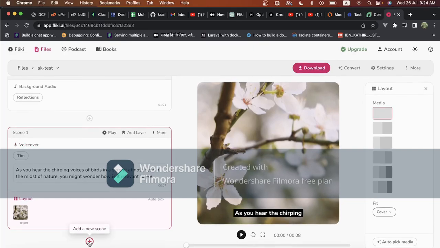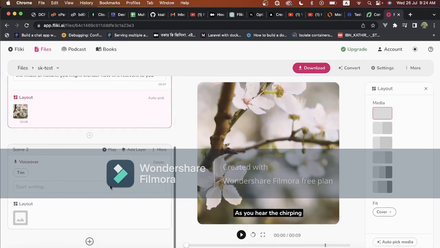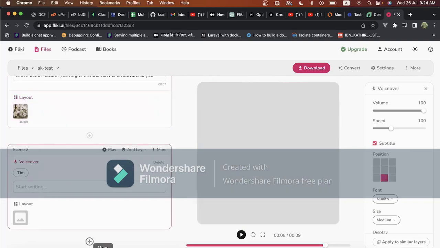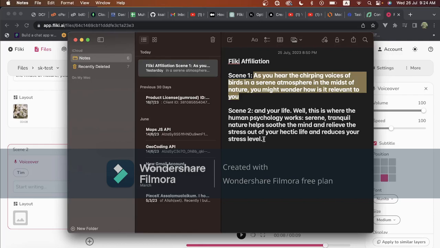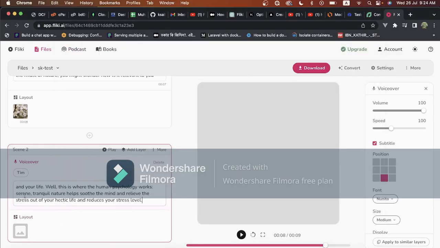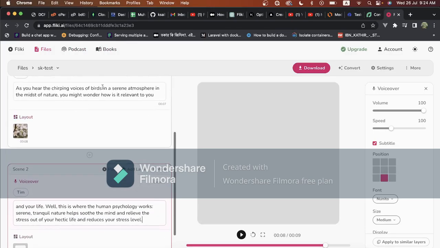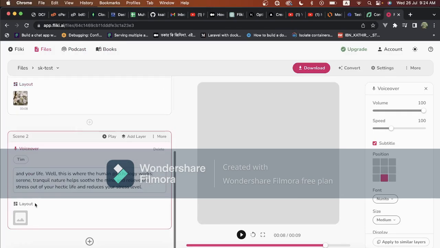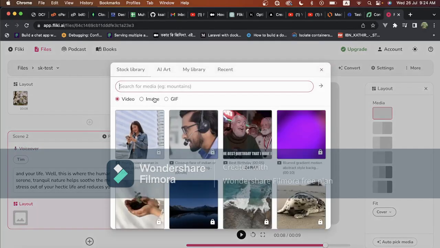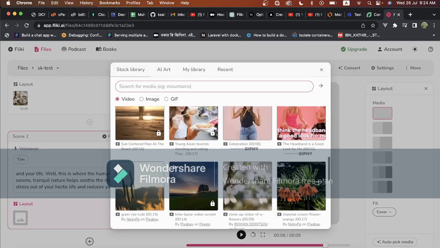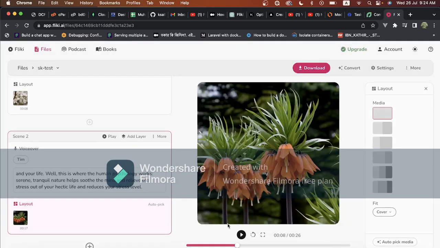If you go to plus here, you can add a new scene. As you can see, a new scene is dynamically generated. I'll do the same process here. For voiceover, the same will be there. For writing, I'll just select this for the second scene. If I select this one, this is basically the continuation of the previous scene. So I'll select a layout which is relevant, let's say this one. So if I play this one,